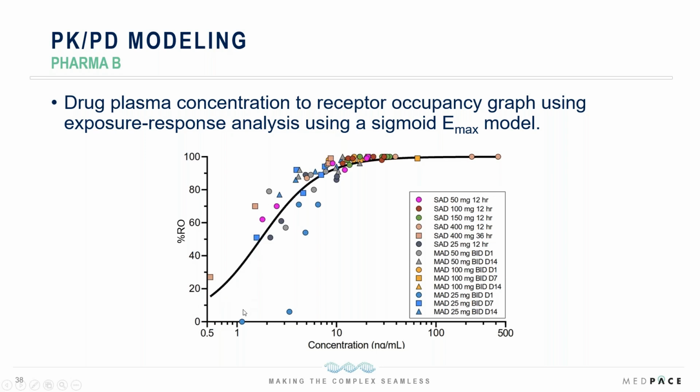So at lower concentration, we have low amounts of receptor occupancy, and as we increase the plasma concentration of the drug, we get a higher percentage of receptor occupancy. This modeling was used to establish the EC50. So these were 2 examples of how we've used, or the sponsors have used, the receptor occupancy we have produced in